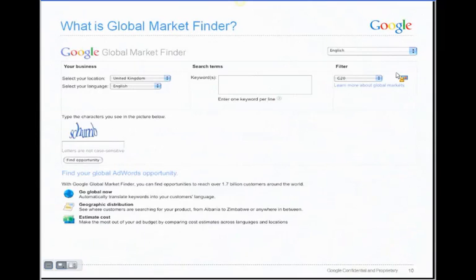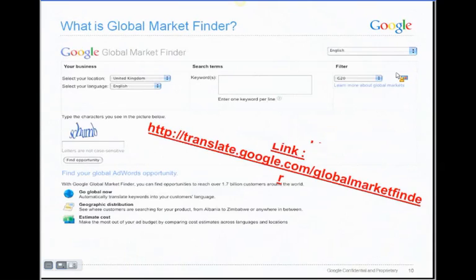As stated in the AdWords terms and conditions, you're responsible for the keywords and the ad text you use in your ads. Be sure to confirm that the results you elect to use from Google Global Market Finder are accurate. Additionally, please confer with your own legal counsel regarding possible issues surrounding advertising or distributing your products in other countries or regions.